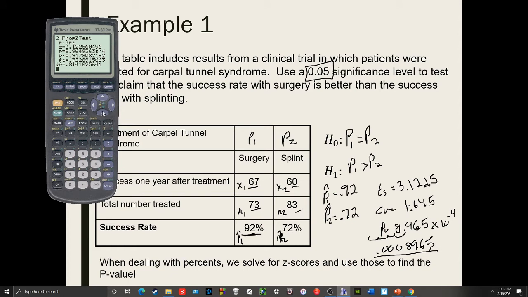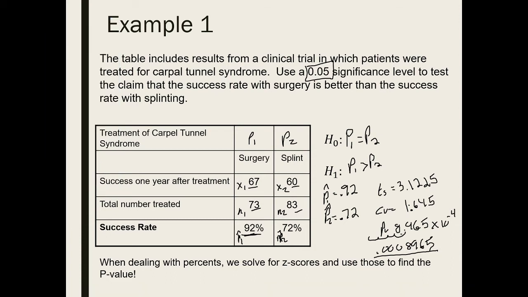And then down below, it shows you again the information. Darn. Usually it will show you your N1 and N2 again, but for some reason it didn't want to do that. But then I can go straight to comparison, right? So is there enough evidence to show that surgery is more successful than splint? Well, if we use our p-value comparison, my p-value is